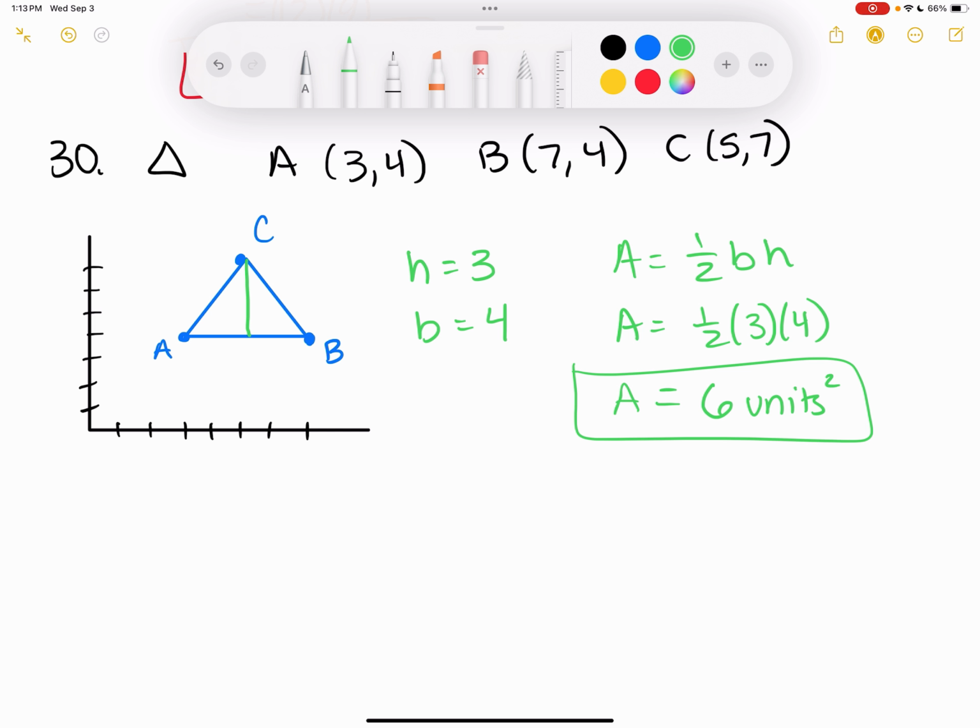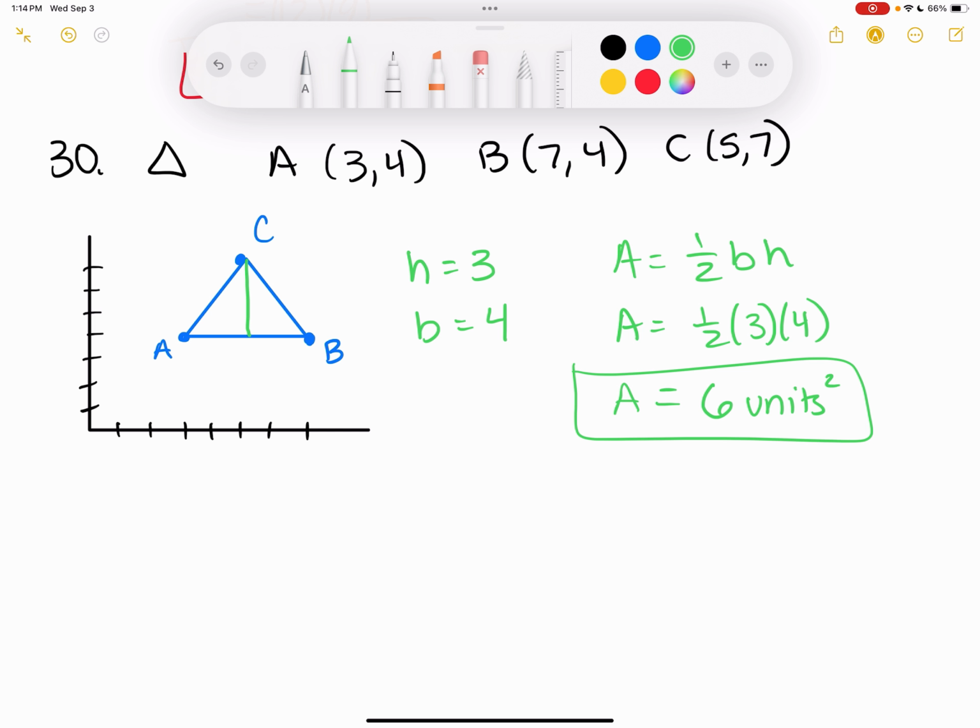All right, now most of these look like they're giving you the shape upright, so all you'll need to do is count the distance between the points. Now, if they gave you the triangle crooked, we could find the distance between the points with the distance formula, but these look like they're pretty kind and have given them to you straight up and down, so you'd be able to just count. Now, they're not all triangles. For rectangles, we would need to just count the length and the width, or vice versa, depending on what it is. Any questions on that kind? All right,